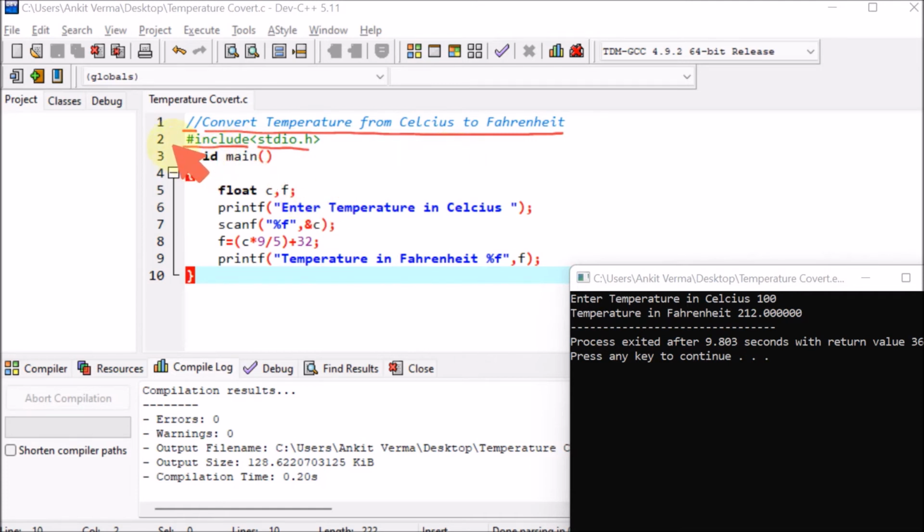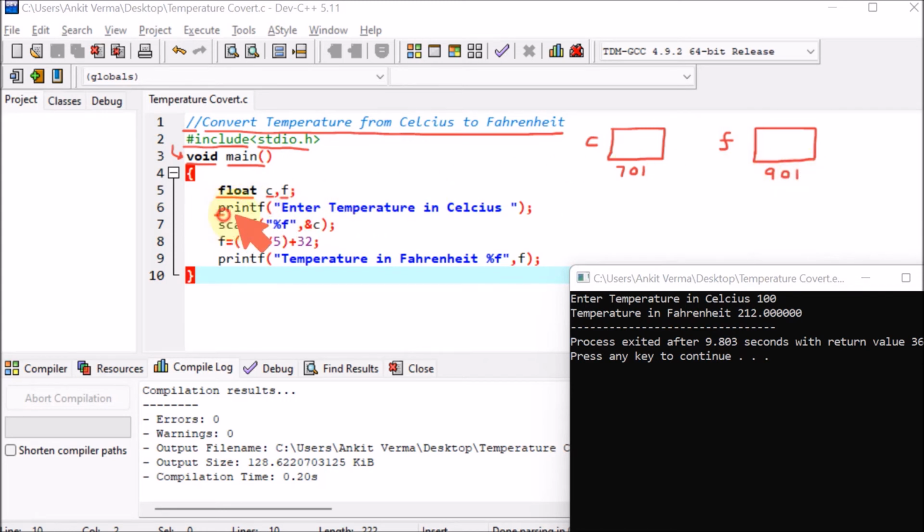Then the compiler will come to void main. Void means no return type. Main is the driving function. It will come inside. Then float. Float is the floating point data type, which can take decimal values. So for C, one memory is reserved whose name is C. The memory location can be any, let's say 701. Now afterward F. One more memory is reserved whose name is F. This memory can be, let's say, 901. The memory can be any.